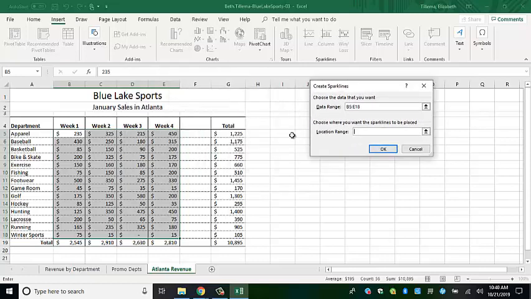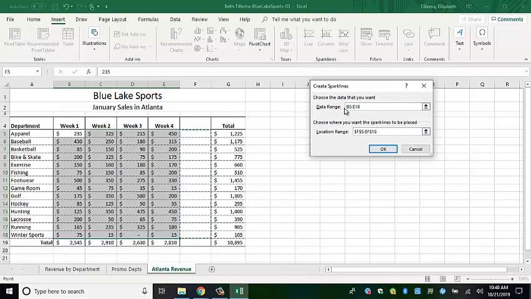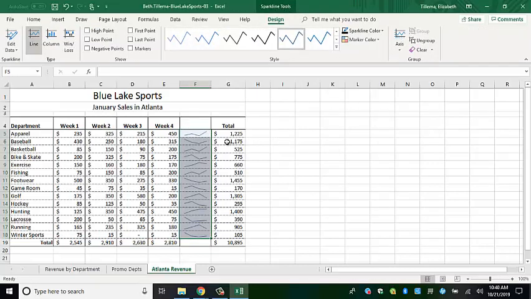I'm going to move this over. I want to put this in F5 through F18. So I'm just going to highlight F5 through F18. So your data should be B5 through E18, and your location should be F5 through F18. Click OK. Now what you guys are going to see is there is a tiny little chart in each of